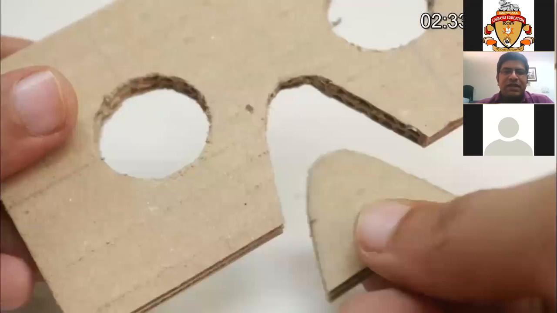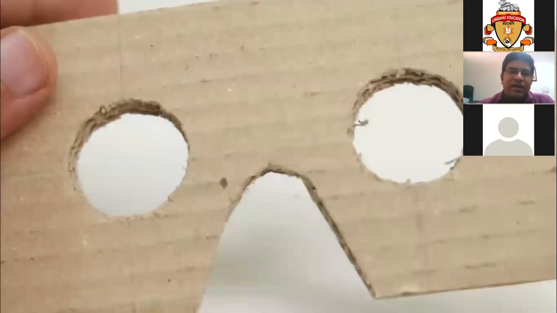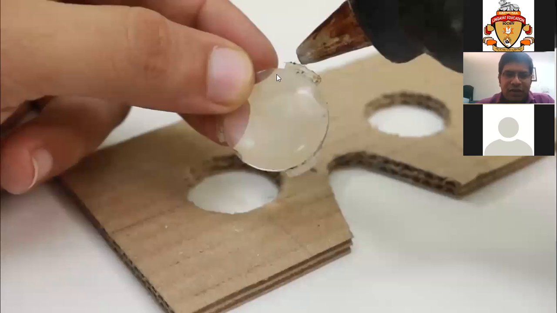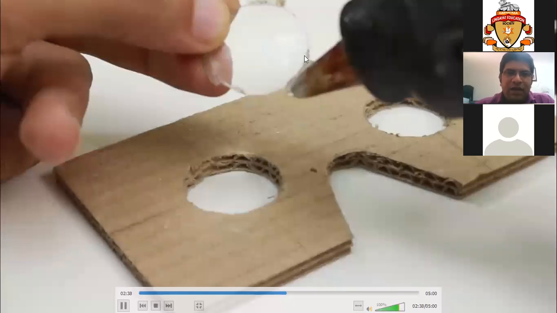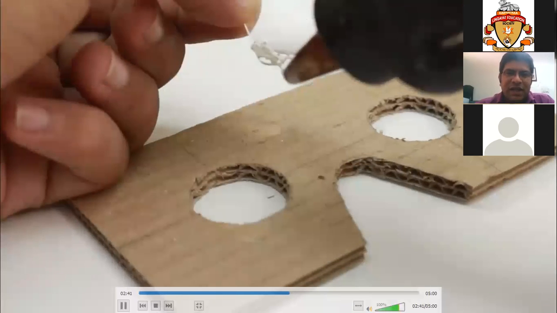And for these lenses over here, we can use either convex lenses or plastic bottles. We have to cut those plastic bottles, join them, and fill them with water. So the shape will look like this. We can use these plastic bottle surfaces as lenses.